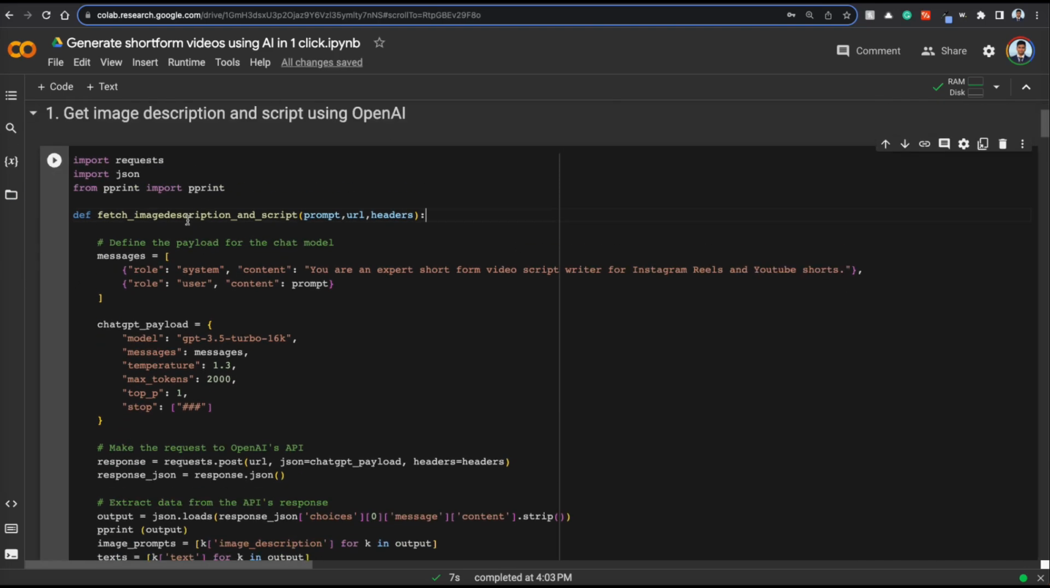Essentially, this is the code: fetch image description and script. You pass in a prompt, then ChatGPT URL and headers, and it will return back a JSON with image description and script. So the standard ChatGPT interface where you are creating a system role as you are an expert short form video script writer for Instagram Reels and YouTube Shorts. And we are going to see what the prompt is, but you will pause the prompt here and we have the